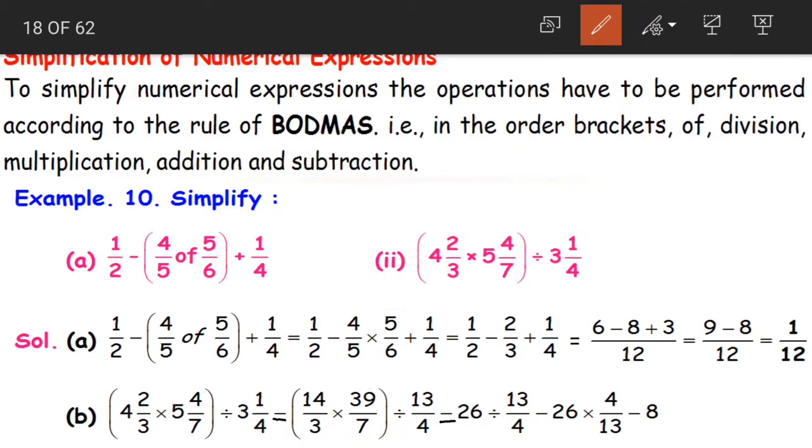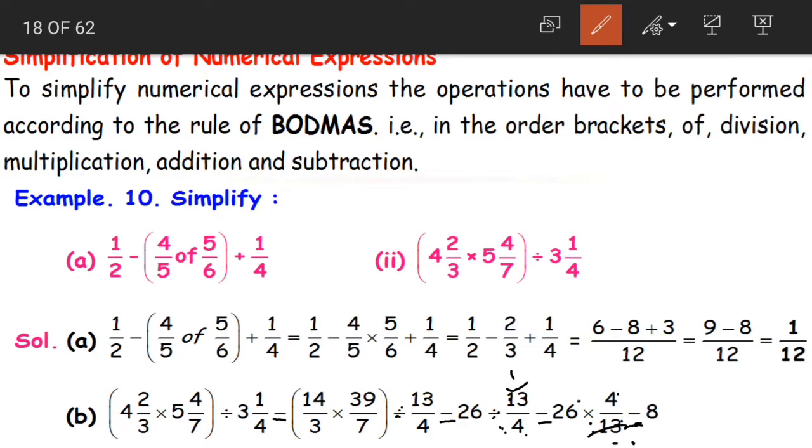And then moving on, after these brackets we are having the division sign. So put down the division sign and then 13 by 4. We know, right, when we have a fraction after the division symbol, what do we do? We replace the division symbol with the multiplication symbol, and we write the reciprocal of the fraction. 13 by 4 will be written as 4 by 13.